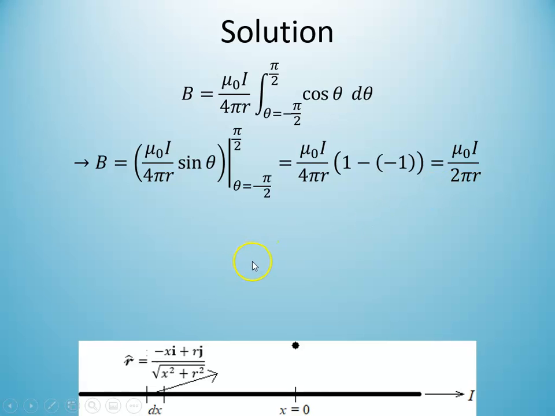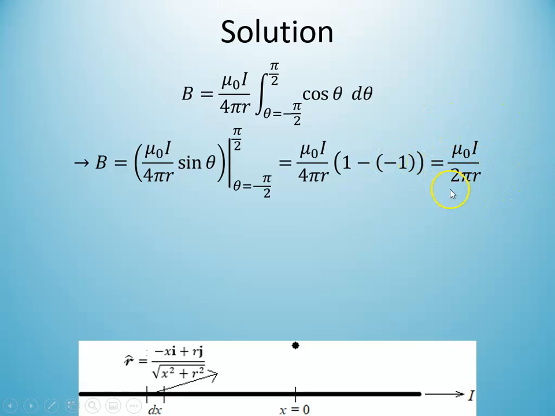The direction is given by the right-hand rule. So if y is positive, going back to thinking of this as y, then it's going to be pointed out of the page. Well, out of the page is the positive direction. If you're thinking of a normal Cartesian plane with x to the right and y up, z would be out of the page. That would be the positive z direction. And if y is negative, well, the direction of your field would be negative. That would be into the page. So there we go. We're going to come back to this B equals mu naught I over 2 pi r